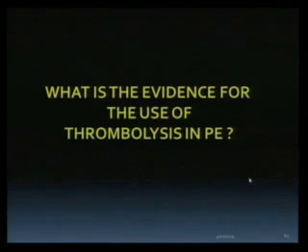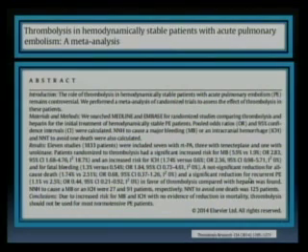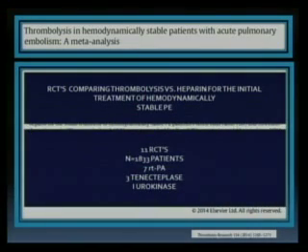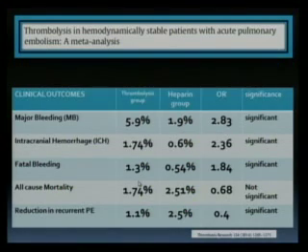What is the evidence for the use of thrombolysis? How about hemodynamically stable patients with acute PE? This is a meta-analysis of RCTs comparing thrombolysis versus heparin. There were 11 RCTs, almost 2,000 patients. Seven used TPA, one used UK, and three used tenecteplase. When you look at their findings,